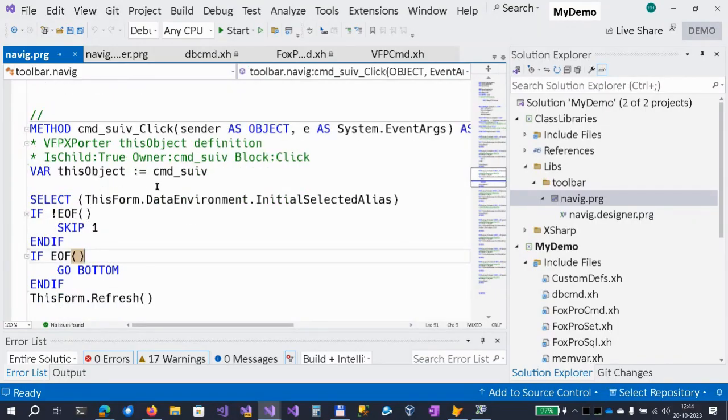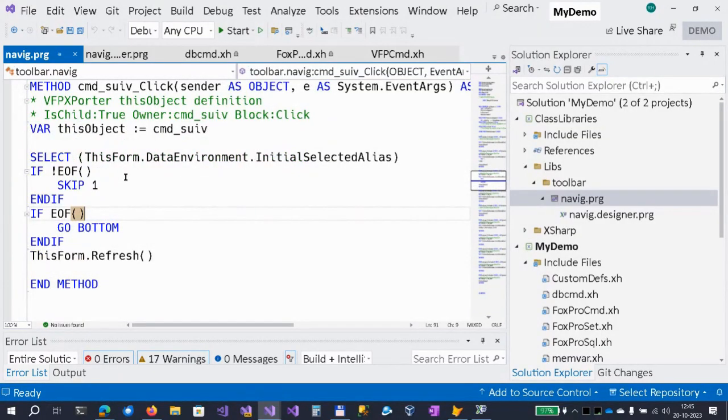This is generated by our converter, and it assigns basically the object of the control. This is the command suivre, and I'm not sure if you can read the tooltip, but it says XSharp VFP UI command button. So we created the command button class, and so this is now a command button.